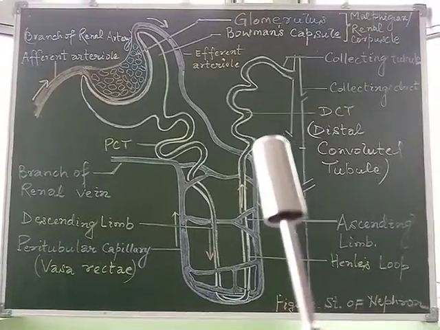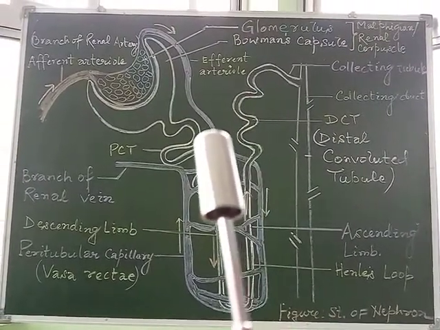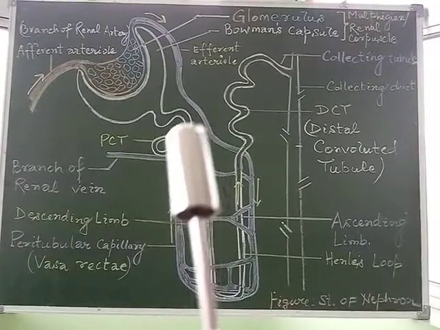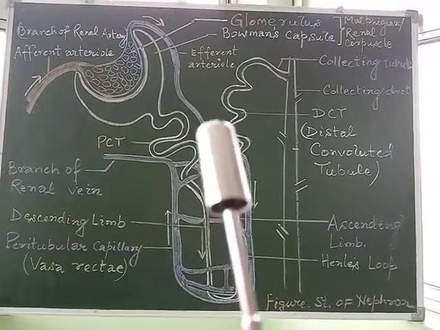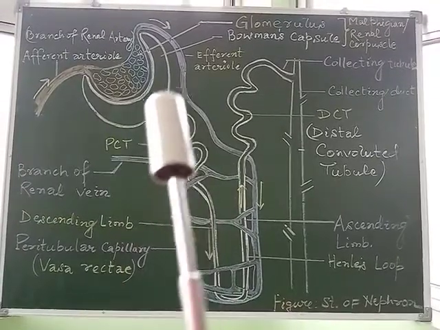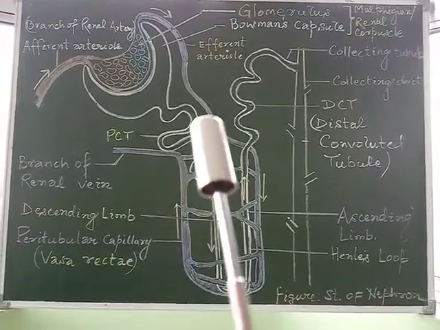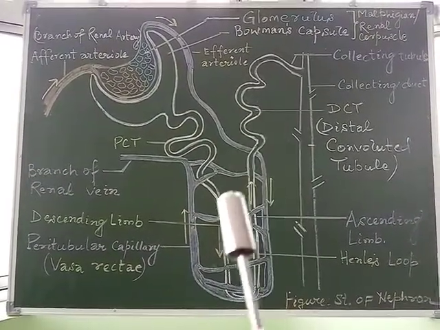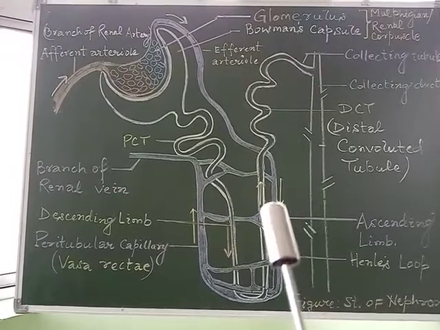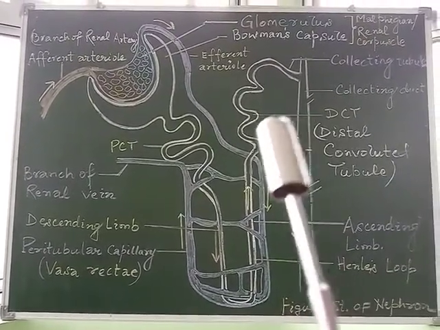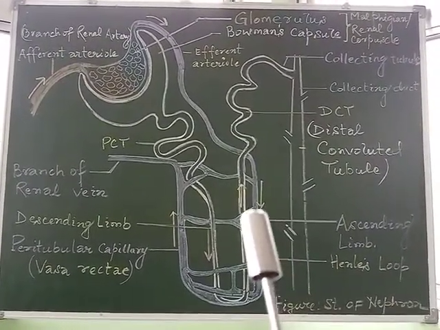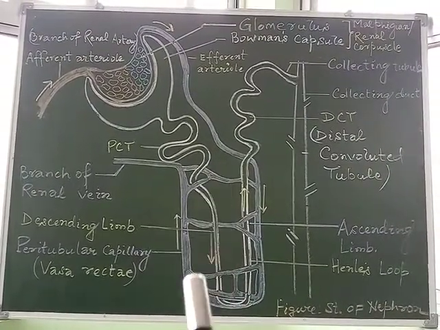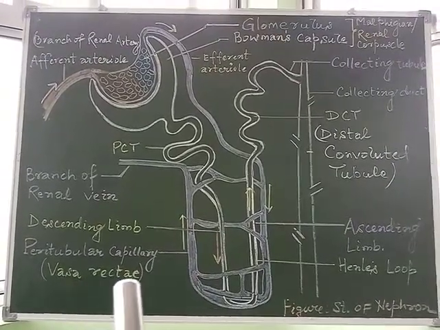So to compensate for that, there is a second step during the formation of urine, which is tubular reabsorption, in which, from the glomerular filtrate present within the renal tubules, the PCT, the descending limb, the ascending limb, the loop of Henle and the DCT, the useful substances are absorbed again back into the blood surrounding the capillaries formed by the vasa recta.